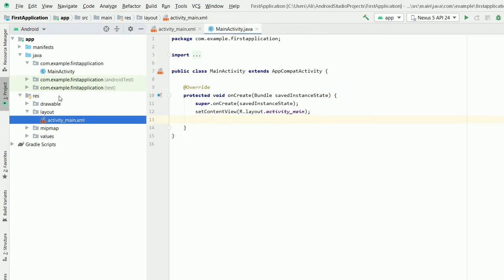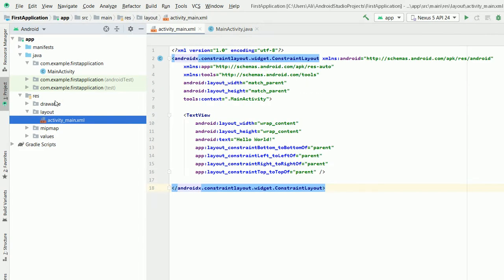which is activity_main.xml. Activity_main.xml is basically your user interface where you will design your user interface. What kind of control do you need? What type of application are you trying to make? So this is basically here. First of all, you have to design your application, and then you have to write the code on the